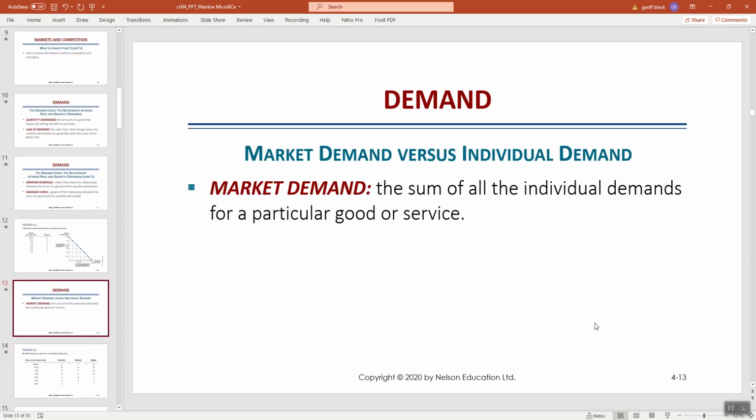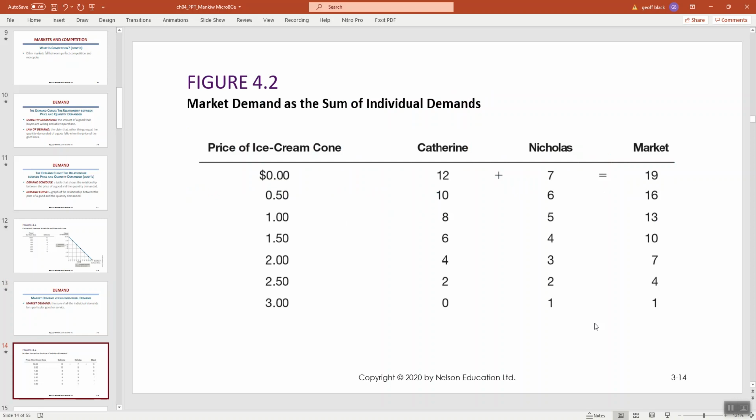Now we have something called the market demand. So obviously that's just for one good and one person. Okay, so that's Kathy's demand schedule. But let's just think about a small town or something like that. So there's not just Kathy. There's probably hundreds of people who might be willing to purchase ice cream, who would be in the market for ice cream. So the next sort of phase or iteration layer to that analysis would be, let's add another